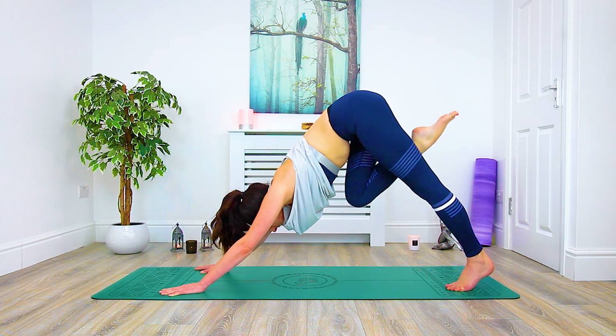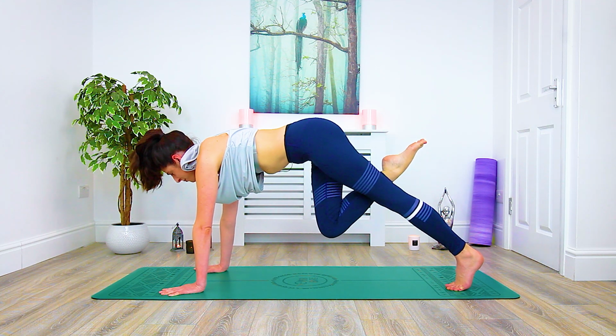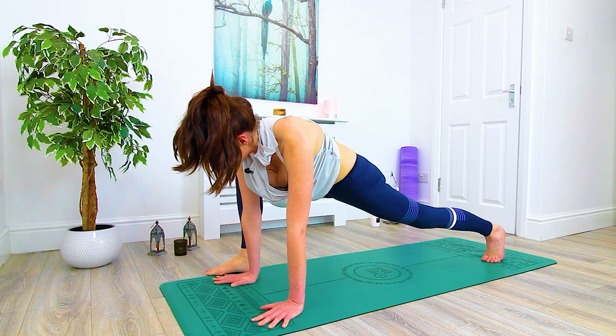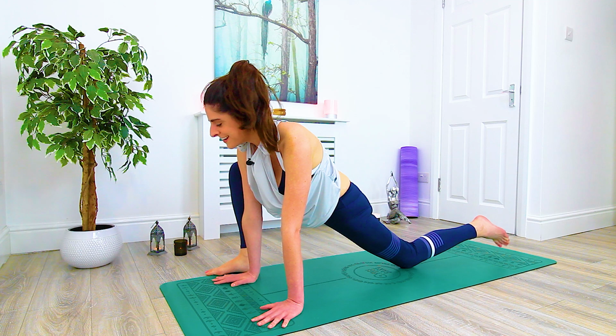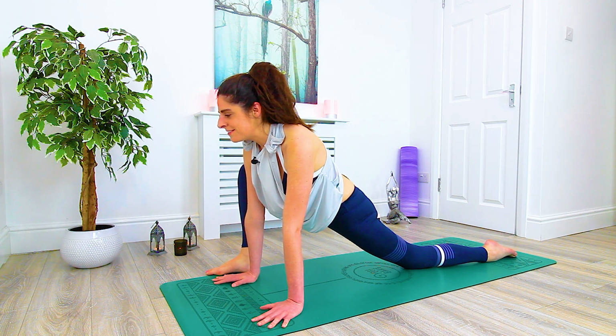Draw the right knee into the belly. As you hover forward, shoulders come in line over the wrists, and step the right foot to the outside of the hands and drop the knee down, coming into our lizard pose. Dropping the knee down,